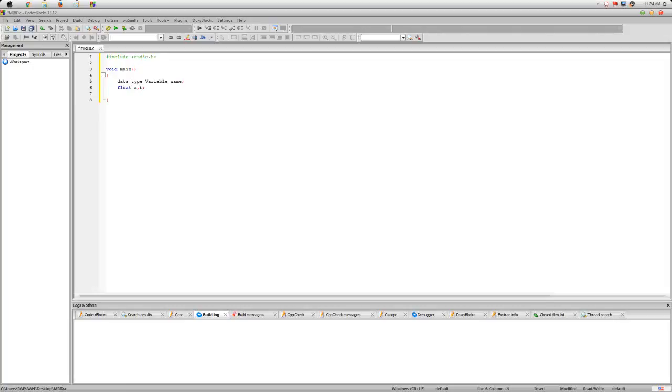So the process is, if you need to declare so many variables, first give the data type, then first variable name, then second variable name, then up to how much you need, n variable name,